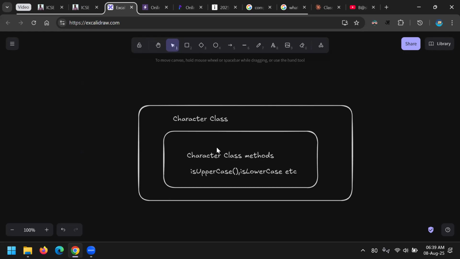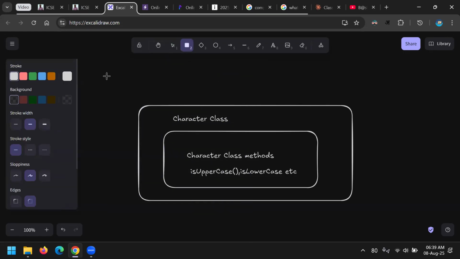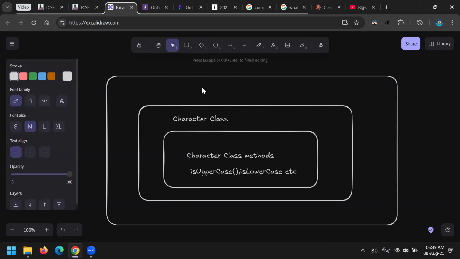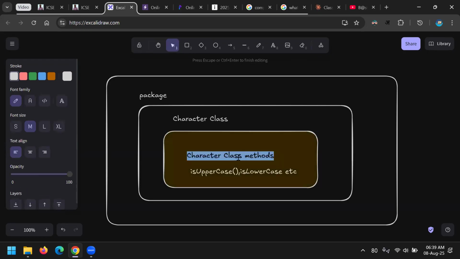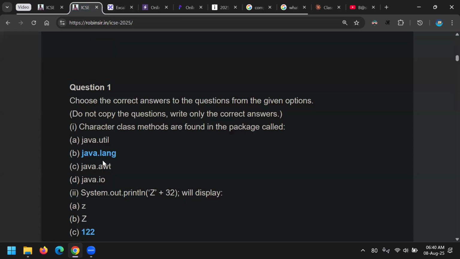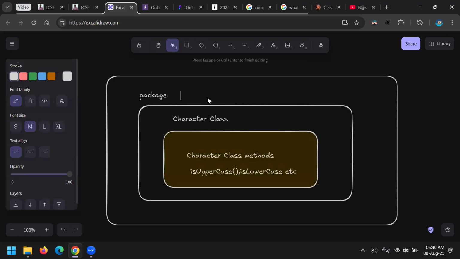This Character class is also inside a file, that's correct. But what I'm saying is there must be a package. Our question is asking where these things are located. In the option, character class methods are located in the package, so it's asking about the package. The name of the package is